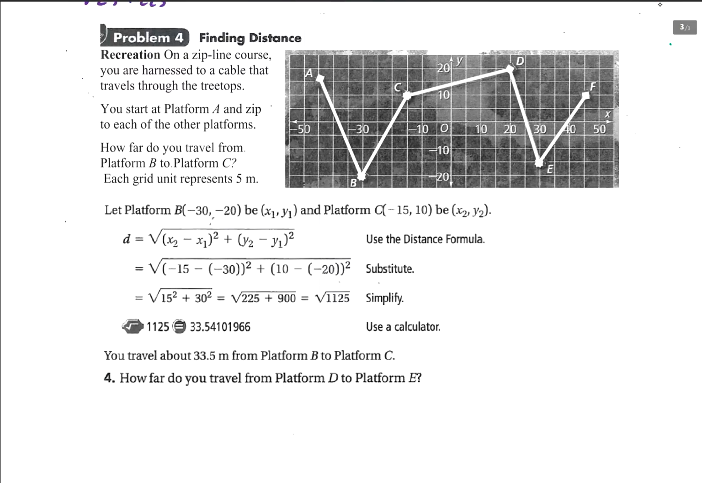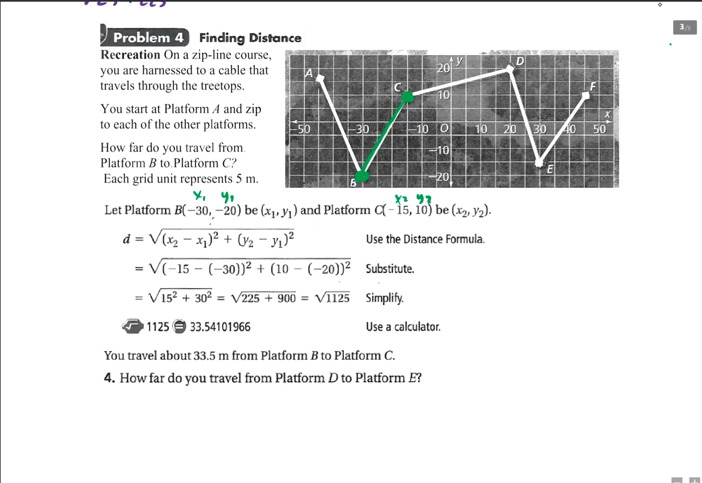So, example problem. We're on a zip line course, and we start from platform A and zip to each of the platforms. It says, how far do you travel from platform B to platform C? So we want to find B and find C. That's the section that we are looking at. We find our values, label them x1, y1, x2, y2, write our formula, substitute in, do the math,